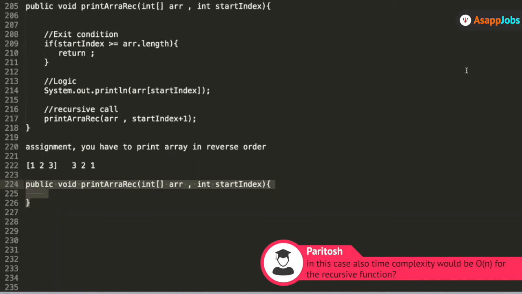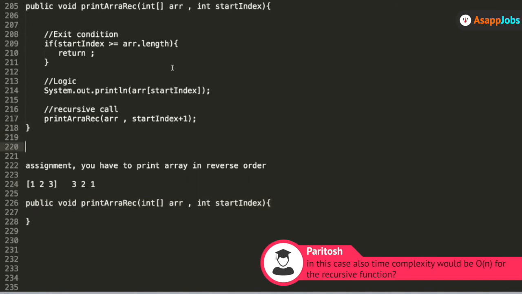This recursive function, what you have written, and the time complexity we had discussed earlier. Now here also, depending upon the inputs and the index, we are printing the value. So in this case also, the time complexity would be O of n for the recursive function. Yes, this was the next thing I was about to ask you, but you asked the question on my behalf. So what will the time complexity be? This will again be O of n, because as you see, the number of times the operation happens is based on the size of the input array. Every time we are incrementing the index by one. So here the time complexity will be O of n.